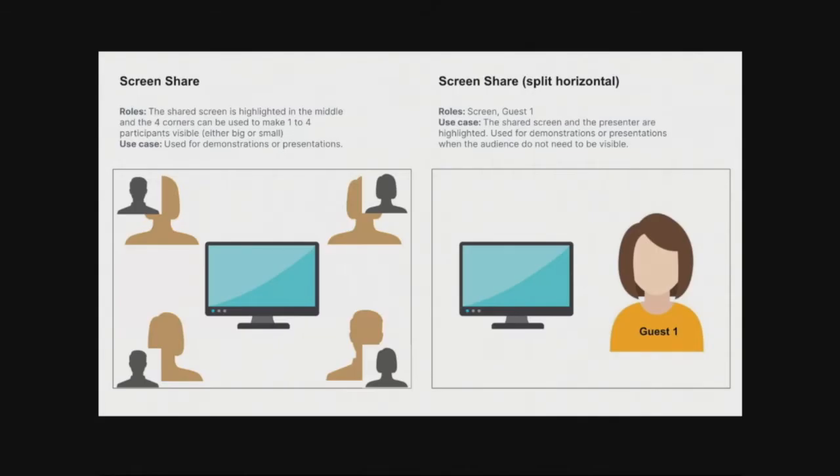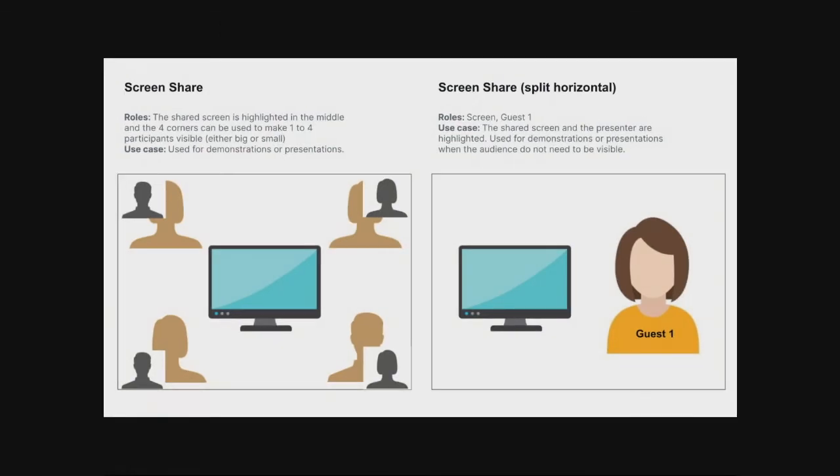All right. Next up, we have screen share, which is always a popular one. We have a few different ways to do our screen share layouts. The first one is going to have the screen as a full screen, and then our presenter is automatically going to be added to the top right. You are allowed to move the presenter role to any of the 4 corners. You could move them small to the left, small to the bottom, small to the right. And if you wanted, you could even have 4 people up here presenting at one time, 1 in each corner. That's going to be the guest 1, 2, 3, and 4 respectively,